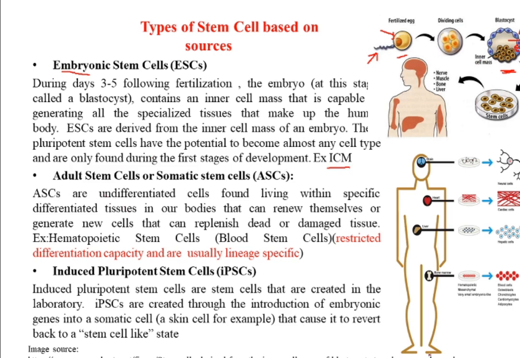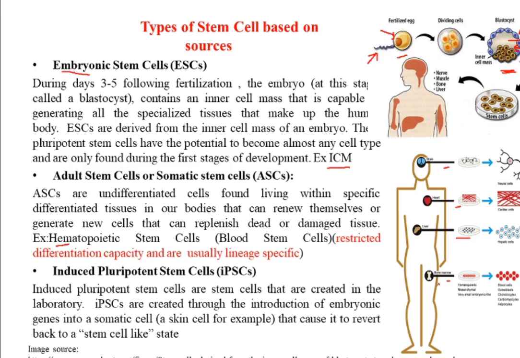Next is adult stem cells. Here you can see in this diagram the adult stem cells, which is also called somatic stem cells. It is also residing in the brain, in the heart, in the liver, and the most predominant source is the bone marrow, right? So it is there in the brain, heart, liver, and the bone marrow. Although the concentration is very, very less, right? And so here the example given is hematopoietic stem cells.